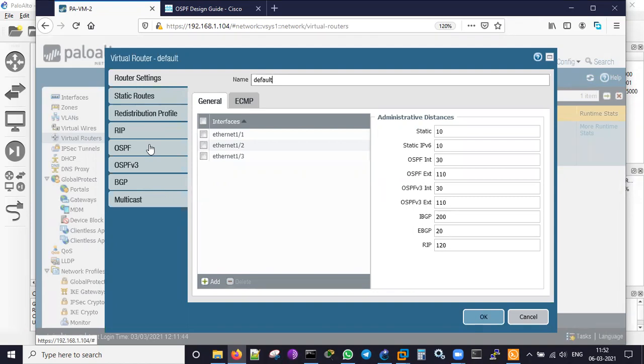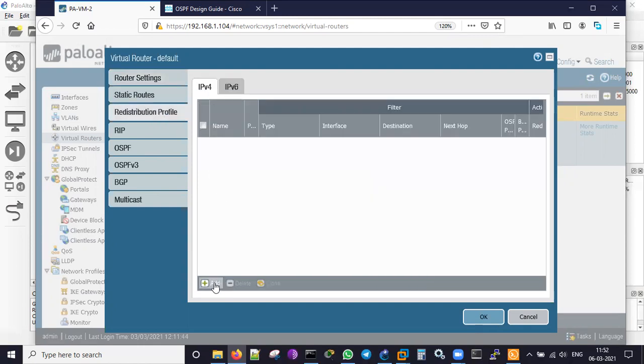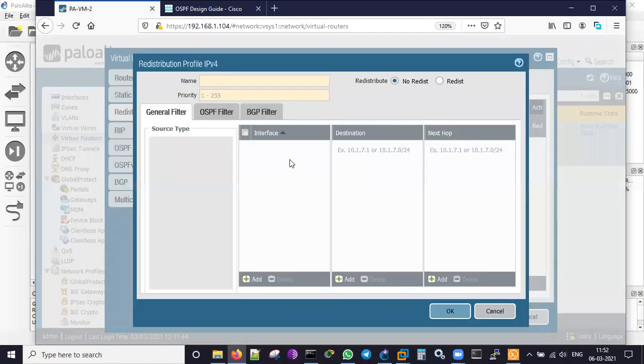So what I do, I will first create a redistribution profile, because whatever networks are there, 1 and 2, need to get redistributed to OSPF, so that the backend clients will be receiving the network subnets about what all things are available on the Palo Alto. So let me make a redistribution profile and add.